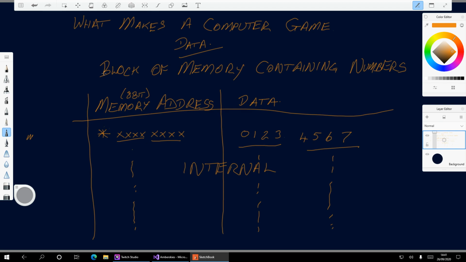Oh, wait a minute. But I've just said it's a block of memory containing numbers. Well, it is. But what I've done is something called, well, it's not generating on the fly. It's internal and can be, and this is very important now, extrapolated.